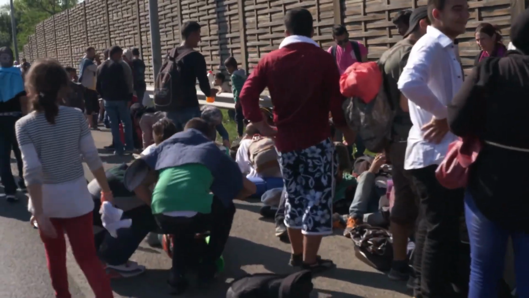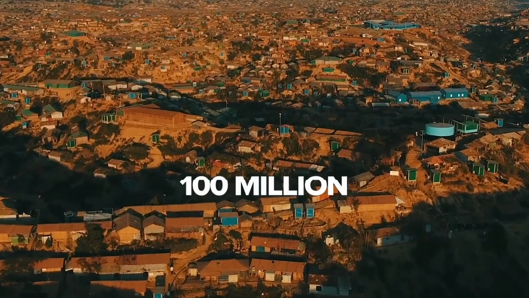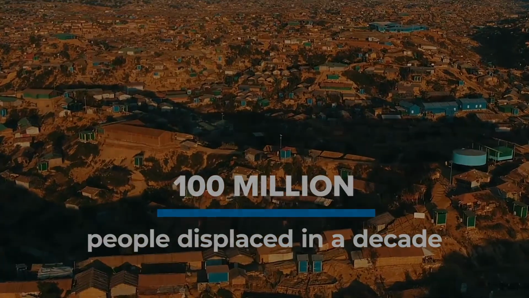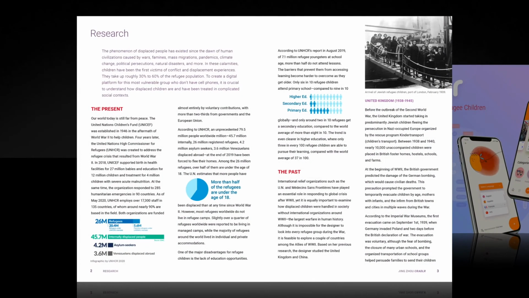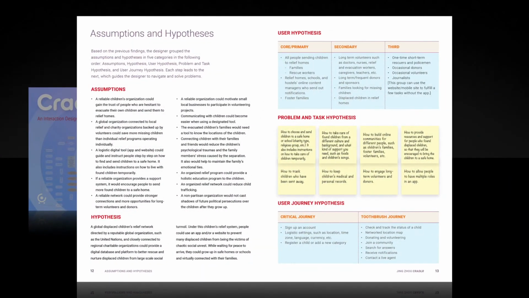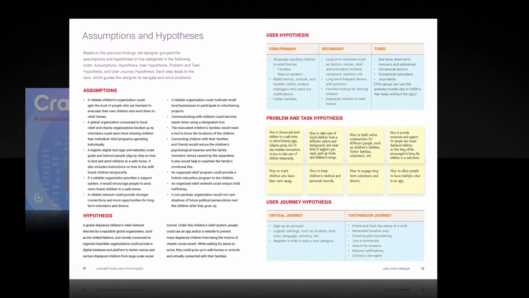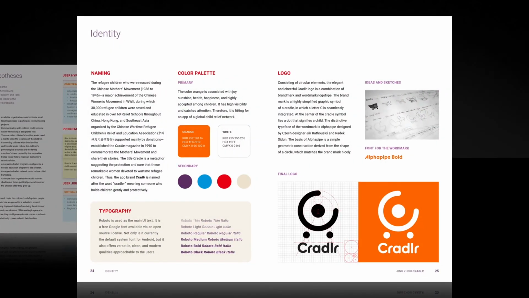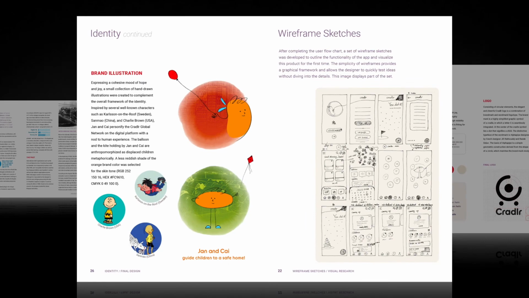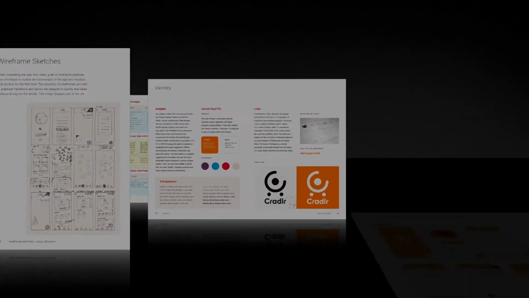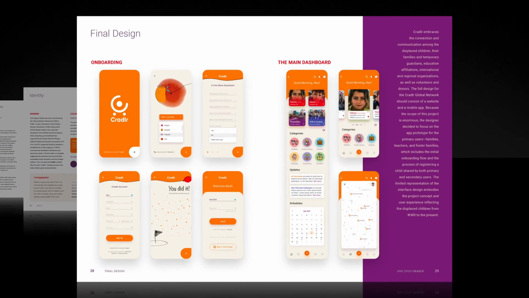And yet, as of today, no digital platforms have been built for displaced children. The Creedler Project was created in hope of developing not only a digital tool, but a vision for a global network that might help displaced children to overcome many adversities and receive more love and brighter futures. This project is dedicated to these unfortunate children, the most vulnerable group, who do not have cell phones.